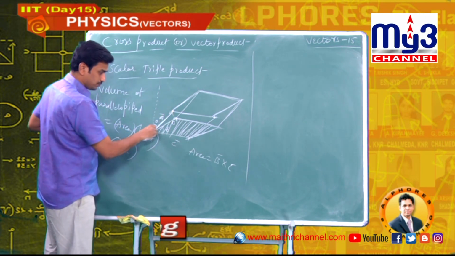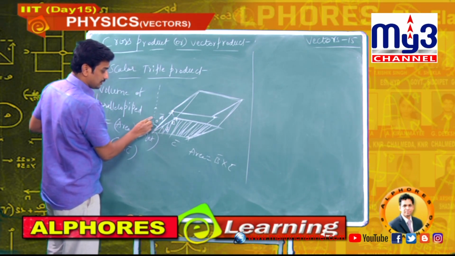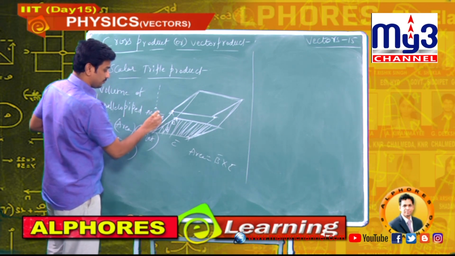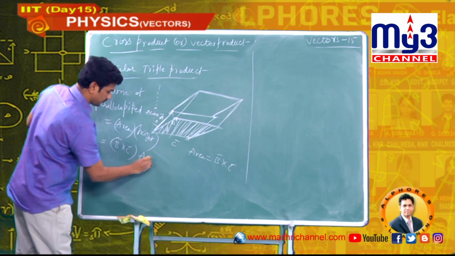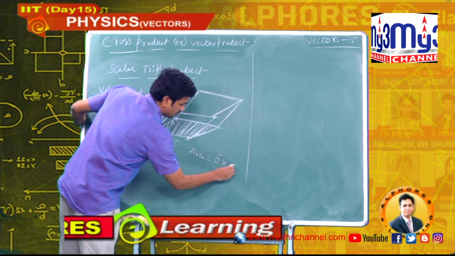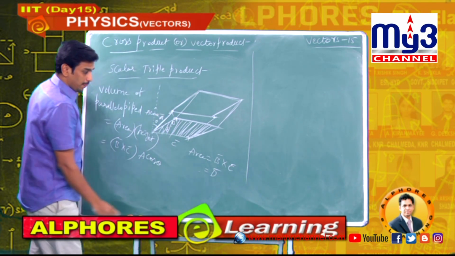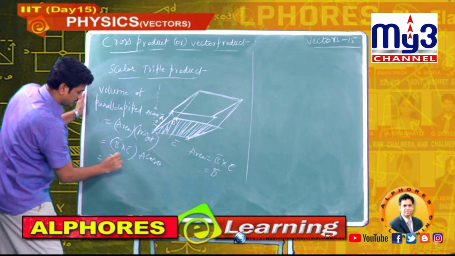This is A. What about this height? A this side, how much? A cos theta, theta adjacent side, A cos theta. This is A cos theta, height here also A cos theta. Now for my convenience, this B cross C I will treat as D bar. B cross C I am treating as D bar.